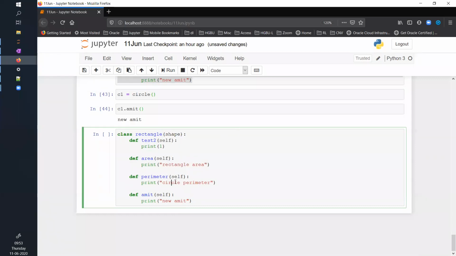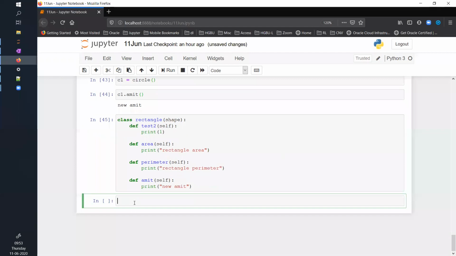And now if I run this, and I create an object of rectangle, R1 equals rectangle, something this way. And here also I was saying R1 dot area.